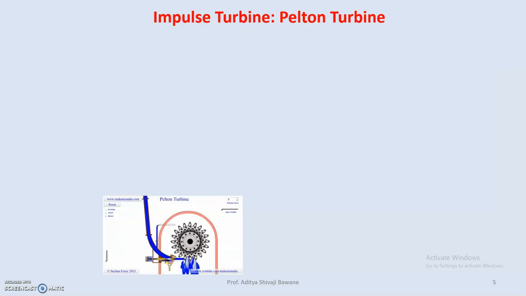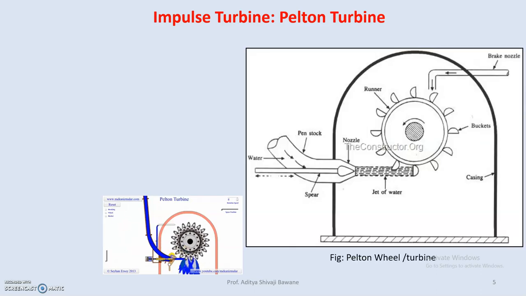Now understand the impulse turbine. I can say the Pelton wheel, and this is the outline or end diagram. Water from storage, or I can say the dam, is carried through the pipe or penstock, in which a needle or spear has been fitted to control the flow rate of water which strikes these buckets. Now this assembly will monitor the water flow rate which moves onto the bucket.